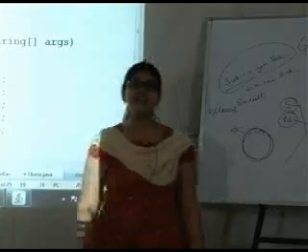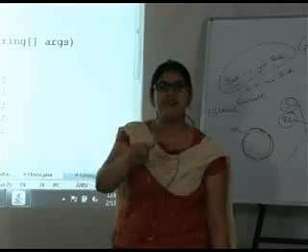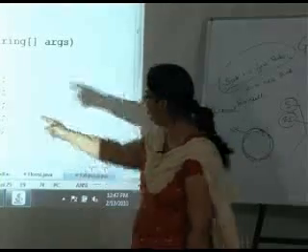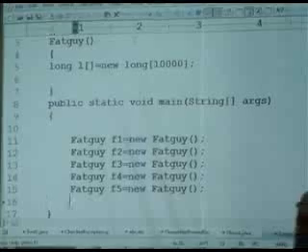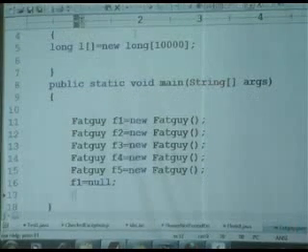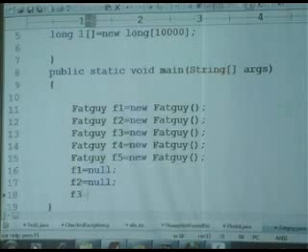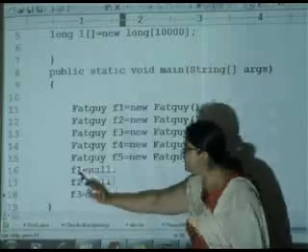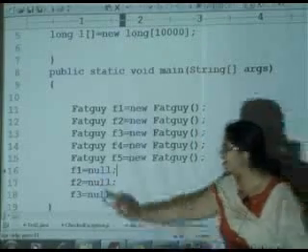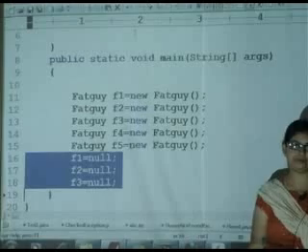The second condition is, if I make f1 point to null, if I make f2 point to null, can you make it at line number 16? Say f1 equal null, f2 equal to null, f3 equal to null. So now, here I am saying that f1 is null, f2 is null, and f3 is also null.